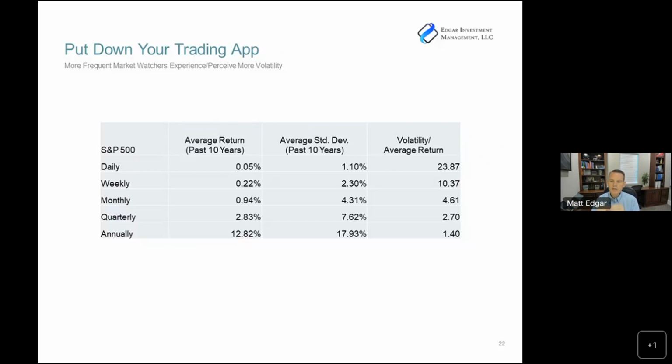And he broke up the S&P 500 into different time periods: daily, weekly, monthly, quarterly, and annually. And he looked at what the return for those different periods are. So what's the daily return, the weekly average return, the monthly average return, quarterly average return? And what you'll see here is the average return per day, per week, per month, per quarter, per year. Then what he did is he said, well, what's the standard deviation of those returns for that period